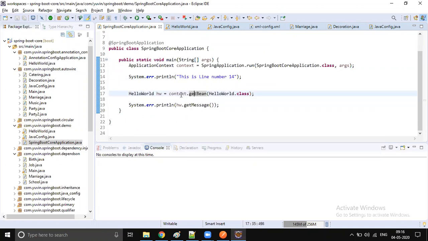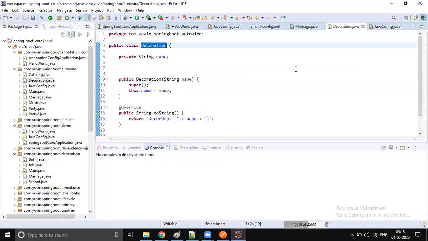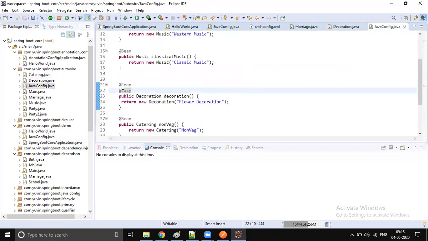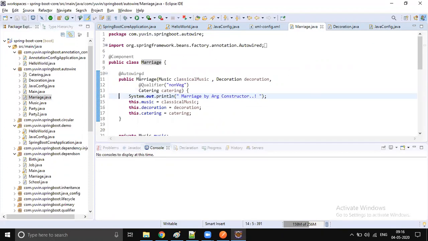But for now, whenever you are mixing autowire with lazy, lazy becomes dummy, because this bean will be autowired into marriage. The decoration bean will be injected into marriage, so that injection is required immediately, and the lazy will be suppressed. Whenever we mix lazy with autowire, lazy will be ignored.